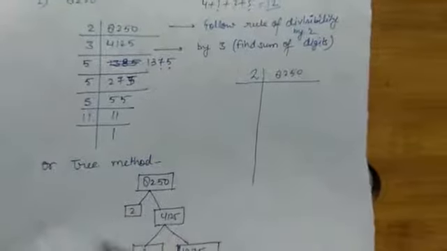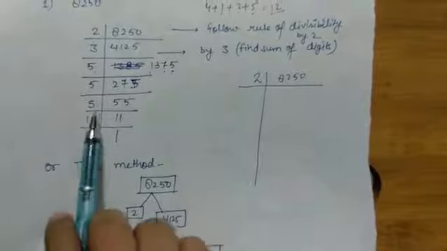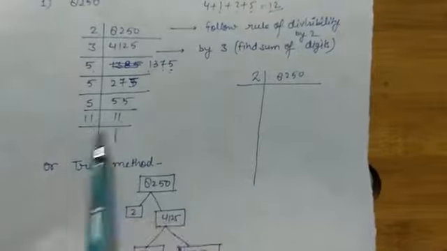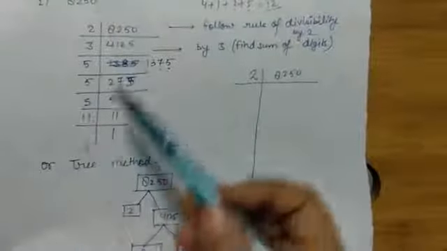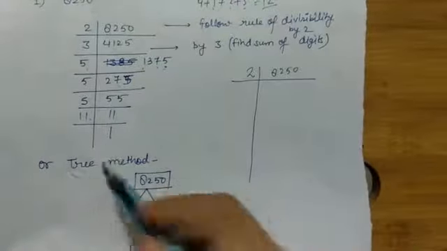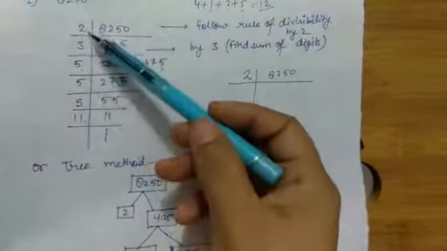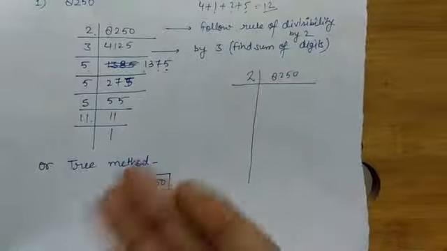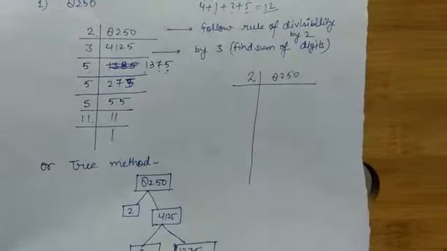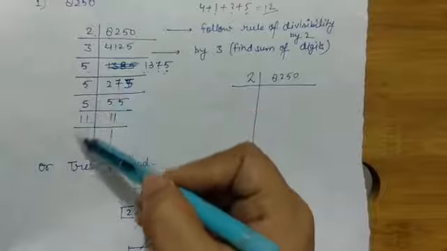That is 11, which we have got. Now 11 can only be divided by 11, so the quotient will be 1. We have to continue this process until we get 1 over here; it will not be finished otherwise. So you have to start with 2, 3, 5, 7, 11, 13 and so on, whatever prime number you are getting, but you will never get 4, 6 or any composite number.